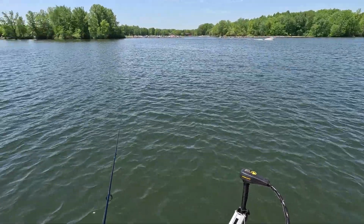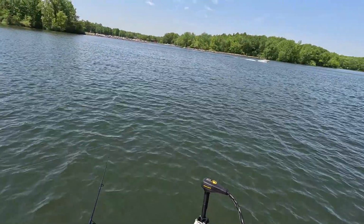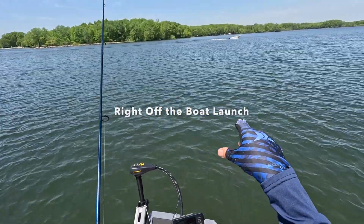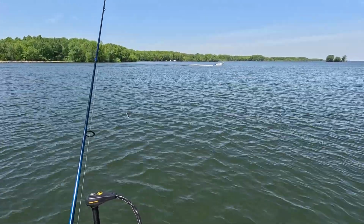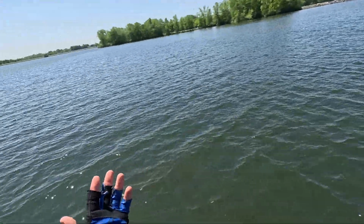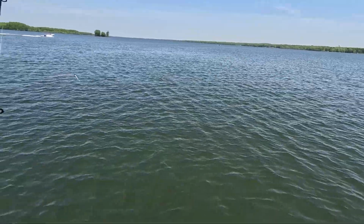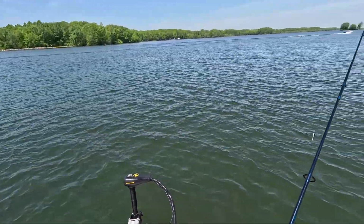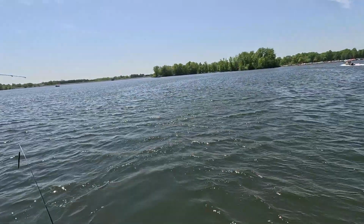If you're ever looking for a spot to fish a crowded inland highly pressured lake, one spot to really seriously consider is what I call the spot where people hit the gas. There's a spot where everybody hits the gas, like right there. Do you see that? That's where we caught about 3 largemouth, exactly right in that spot. People go over these spots and they copy each other, so they all kind of hit the gas at the same spot, and they go off to wherever they think the fish are, usually where they see other boats grouped. I don't do that. I go to the spots where they're not pressured, where people don't fish there. And speaking of the hit the gas point,